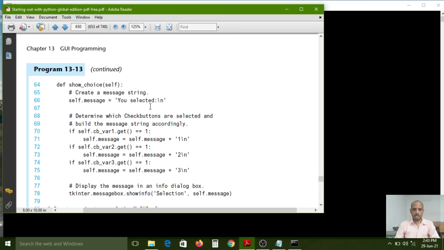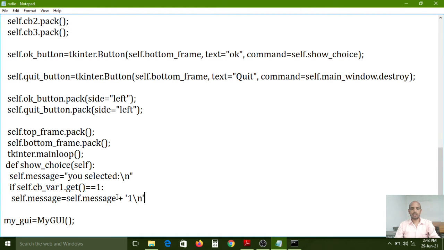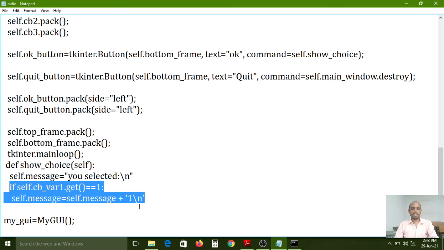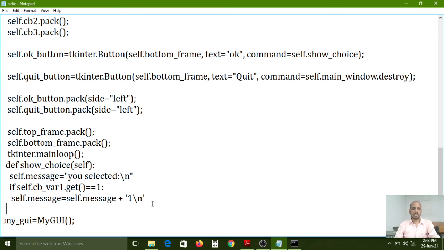Whatever message you got now, that message, nothing but this one, can be replaced with this option. And after that plus, if you select the first option, it will show the message like that. That is the meaning of this. And the newline character will also break the text to the next line. Next, I am copying the same option and pasting the same option.